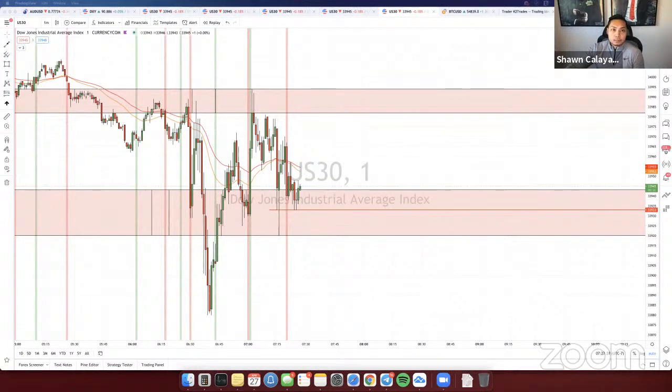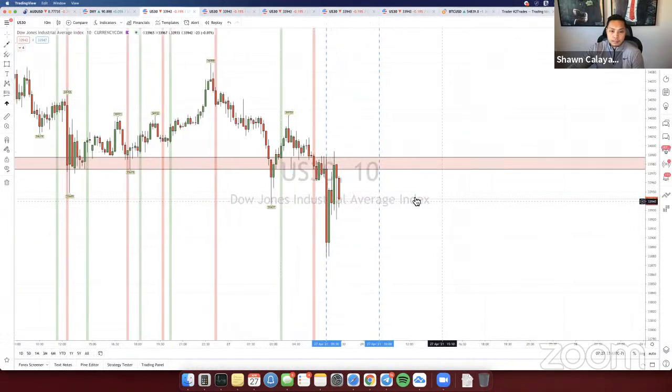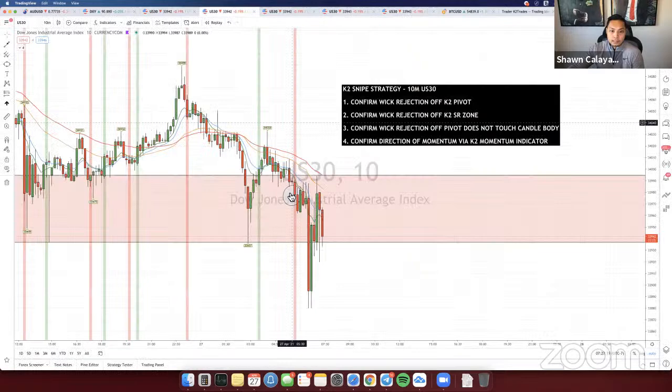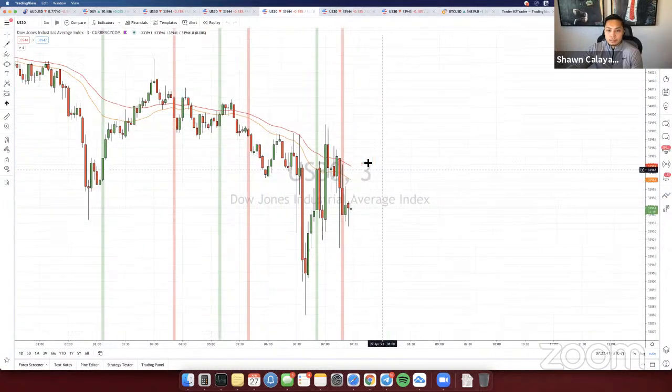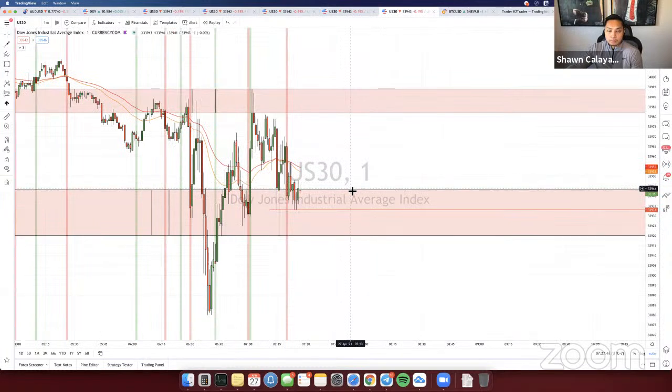So let me go back to the 10-minute. Just want to confirm everything, make sure everything's nice. So here on the 10-minute, it's still dropping right there. It still looks like it's going to waterfall off the 10-minute as well. So I'm not too worried about it. Looks like it's going to come down. 3-minute, same thing here. Looks like it's still coming down. And yeah, just here on the 1 minute, I'm just waiting for it to push down.